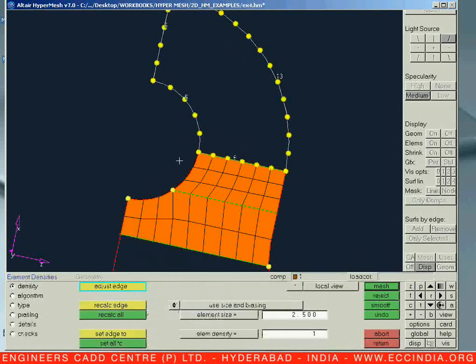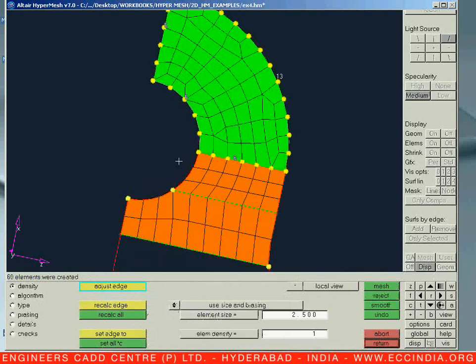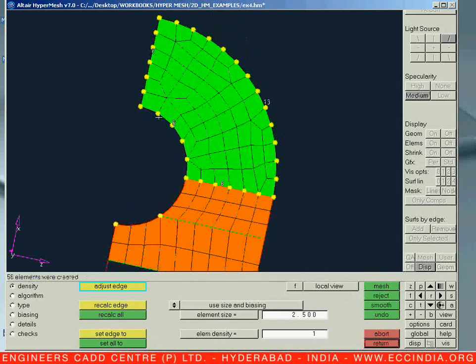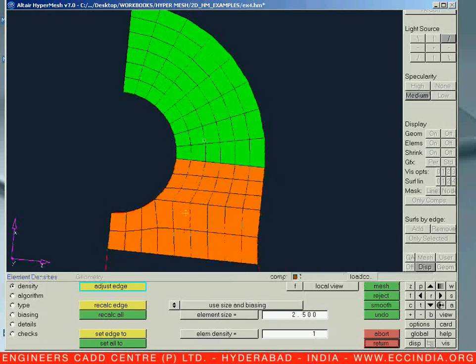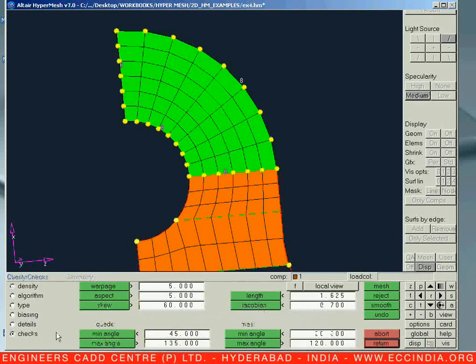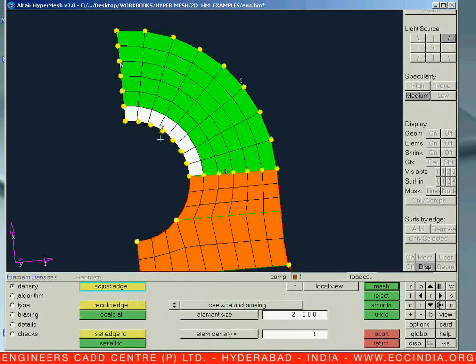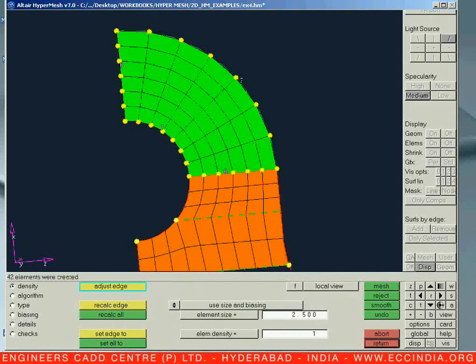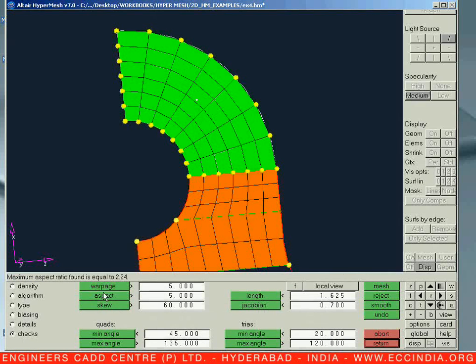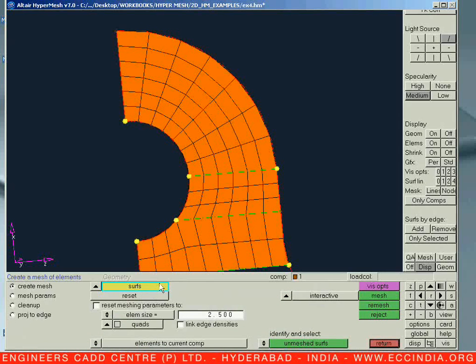Now let us go for this particularly. I can see 6 over here, 6 over here, 5, 13. So let us drop down over here to the 8, increase over here up to 8, and let us check for our quality aspects. Check length failure, over here it is failing. So let us drop down for density by 1 and again on 1. Let us check for the skew aspect, warpage, length. No length failure, no Jacobian failure, no angles failure. So let us accept it.